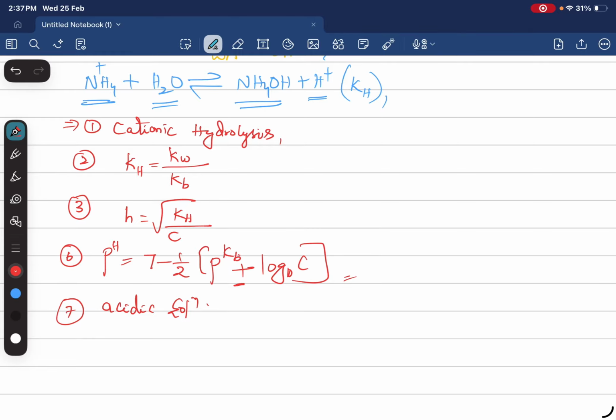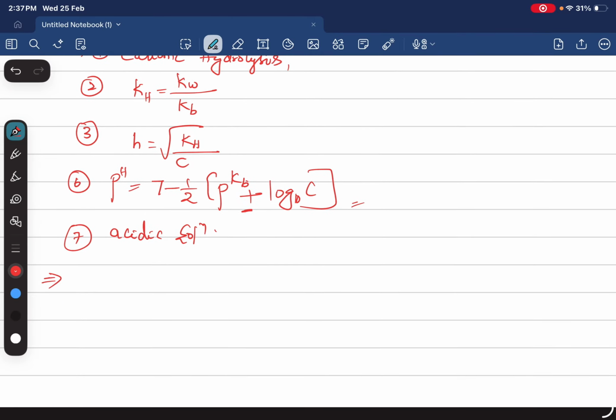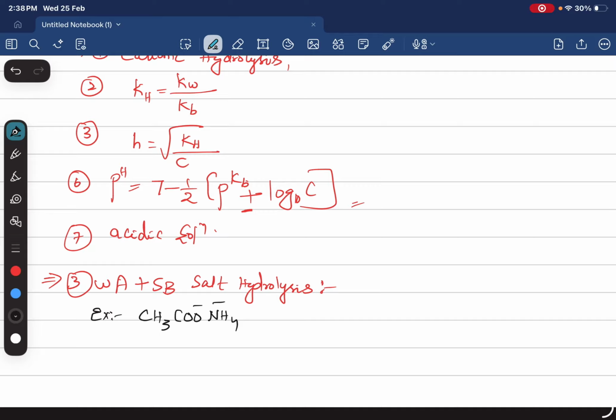Coming to the next, the third model is weak acid plus strong base salt hydrolysis. An example for this, CH3COONH4. Sorry, this is